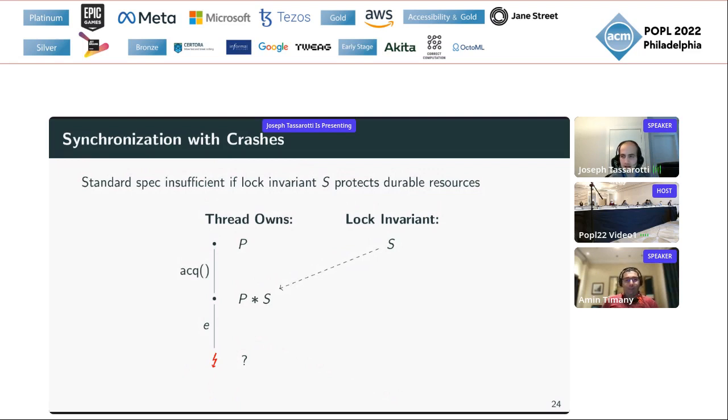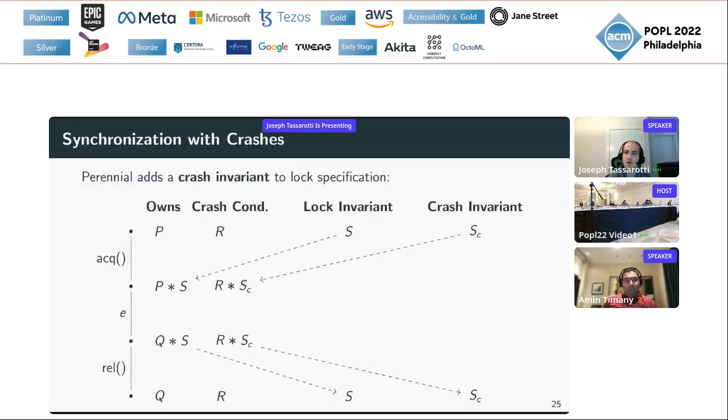The way we address that in Perennial is we add a new invariant associated with the lock, which we call a crash invariant.